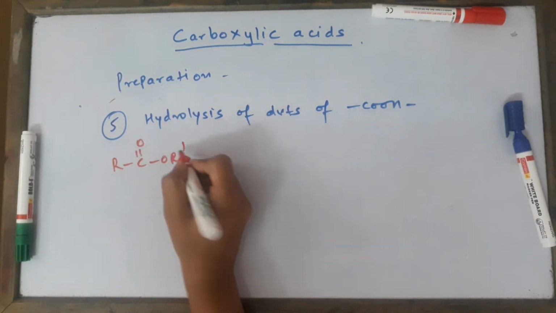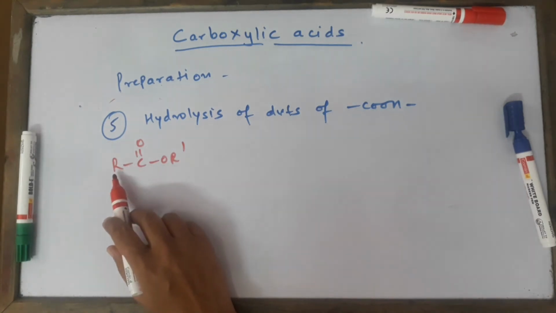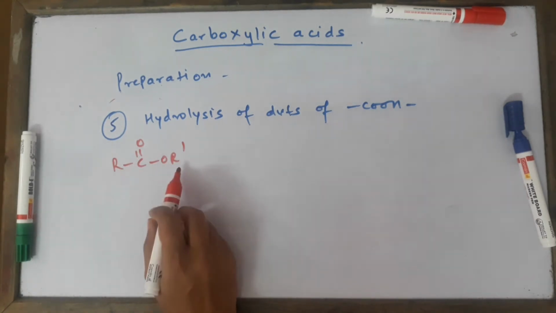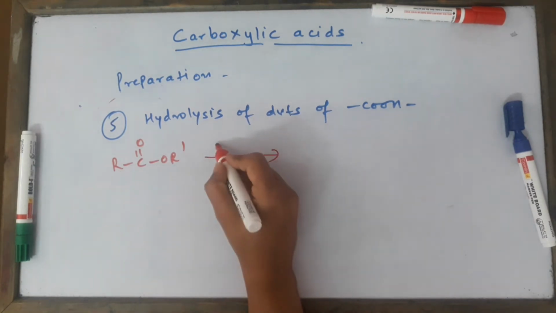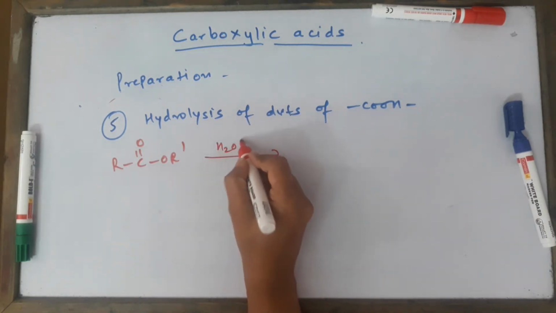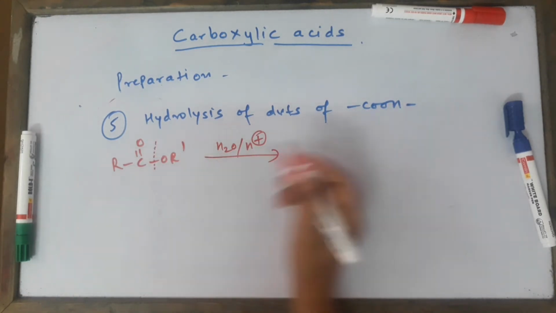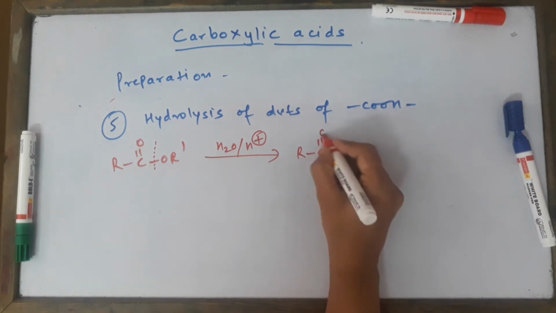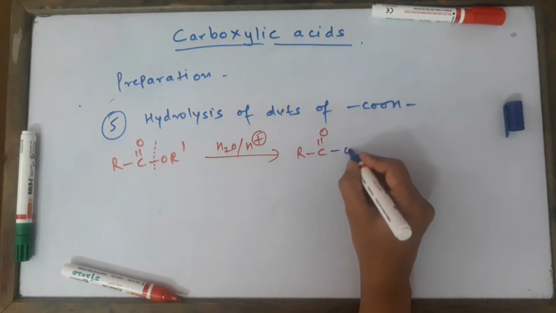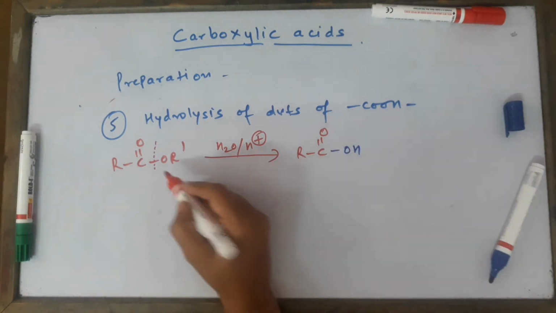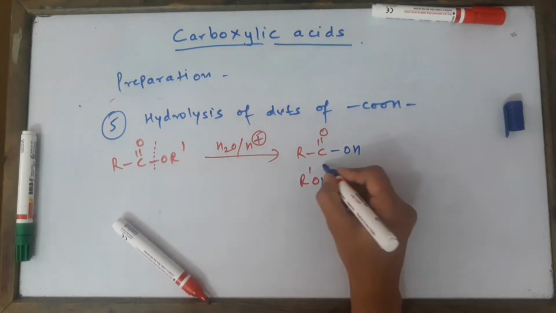So first compound, you can see the formula is this. So first method I'm going to start with is the esters which we can use, isn't it? This is the esters formula, and I can add water in the presence of acid. When I do so, I'll just break this bond. I'll be getting 2 fragments, RCO, and the OH from the water is going to get over there. So I'll be getting RCOOH, and naturally this R-O will go with the H plus of water. So I'll be getting these 2 answers.